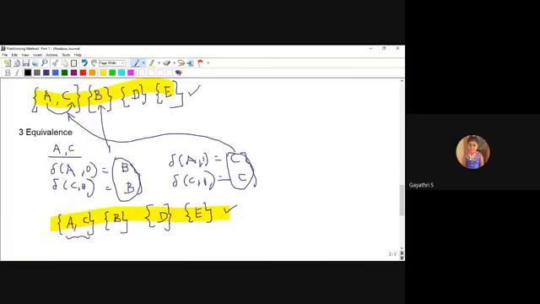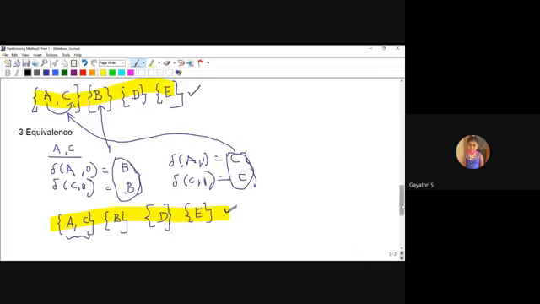So the AC pair is kept as it is. This is the answer of the previous equivalence, and this is the answer of the third equivalence. Both are the same, so I stopped my procedure.